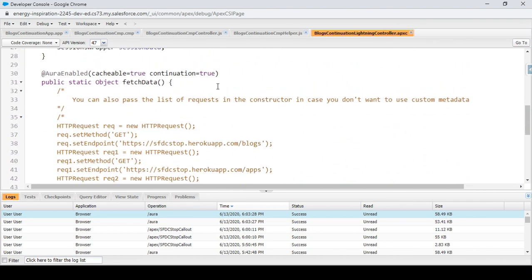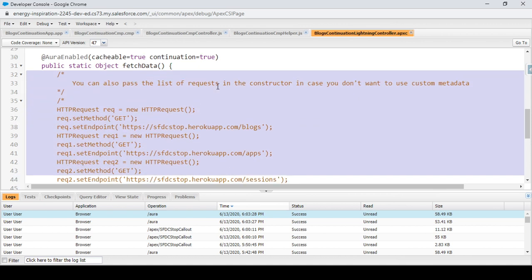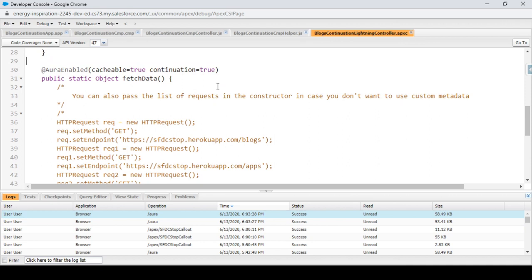Okay, so the thing that you need to take care of when you are calling a method from a Lightning component that is going to use Apex continuation to perform the callout is that this method should have a return type of object, and this method should have AuraEnabled defined over here with the two parameters, which are cacheable as true and continuation as true.